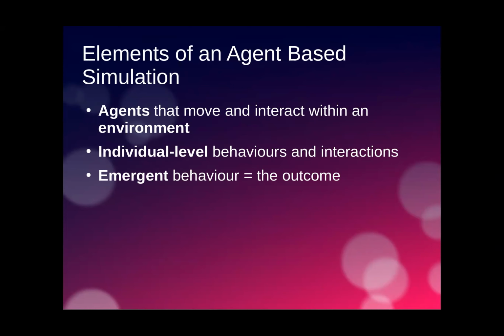We've got individual level behaviors and interactions, so we describe everything at the agent level. And the outcome, the thing we're using the model or the simulation to explore, is the emergent behavior. That's what we're interested in. So we're kind of putting in individual level rules and seeing what comes out at a system level,